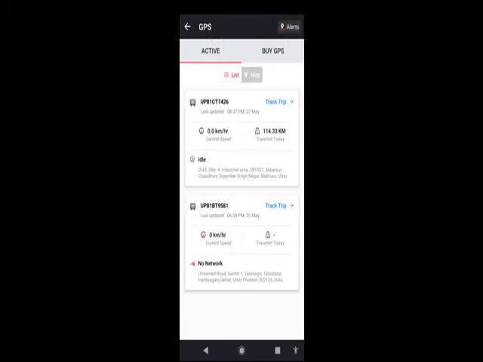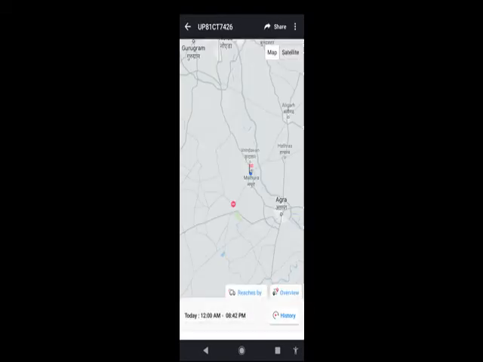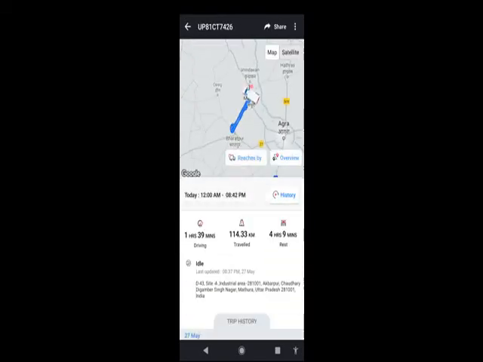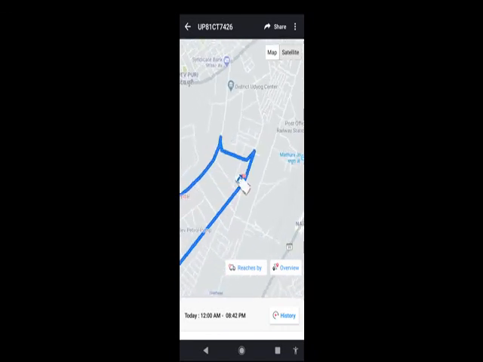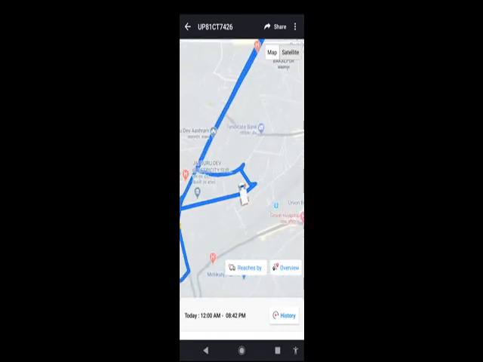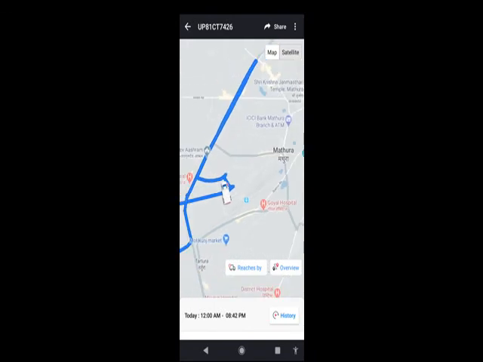and guys, you see the vehicles which contain GPS. Okay, first and second, I have to click my vehicle. Okay, and guys, you see the location of your vehicle. Okay, it's near Mathura. Okay,